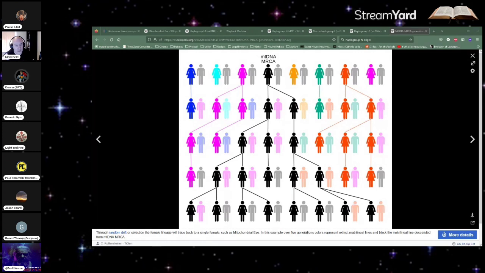Yes, because if you don't have random mating, then you don't only have that one woman in the middle there, the black line, that's basically leaving her lineage. Daughters into all extant people today. Notice how you got the black daughters in the middle, right? And you have only her having daughters and basically passing on her mitochondrial DNA for us to have one lineage. That is based on random mating.